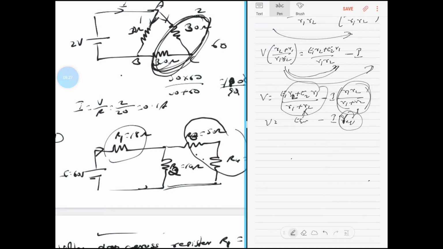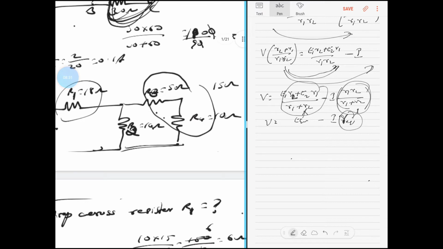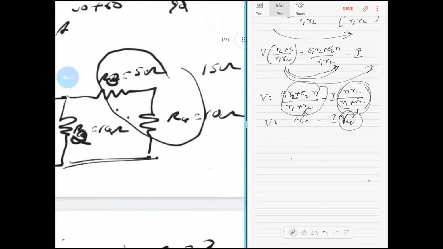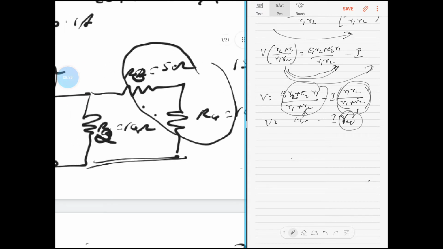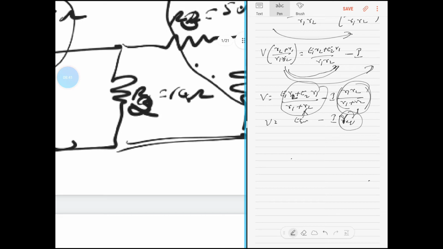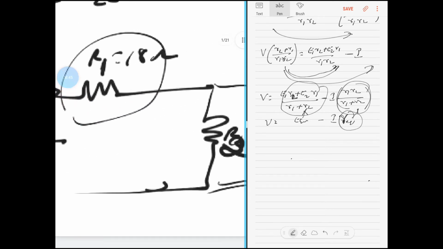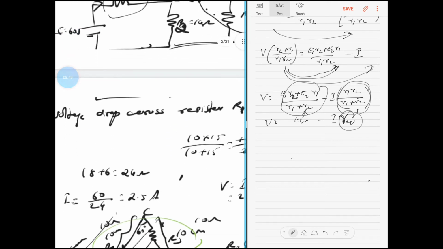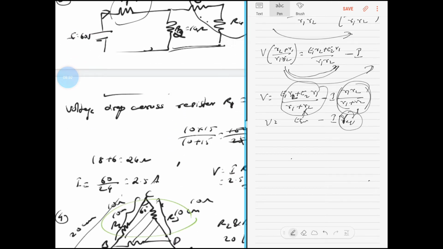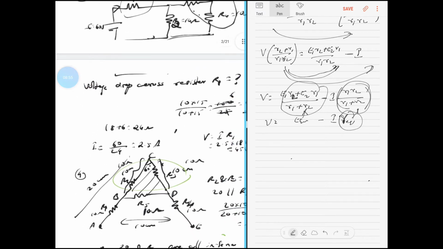Now let's go to the next diagram. You have a connection like this. Can you see this R3 and R4 on the right side become series? So it's 5 plus 10, 15 ohms, and that is going to be in parallel with this R2, which is 10 ohms. So 10 into 15 by 10 plus 15, and that's then going to be in series with this 18 ohms. You understand? So that's what I've done, and I found the equivalent resistance. I know the total voltage is 60 volts, and I is equal to V by R, and I get the total current in the circuit.